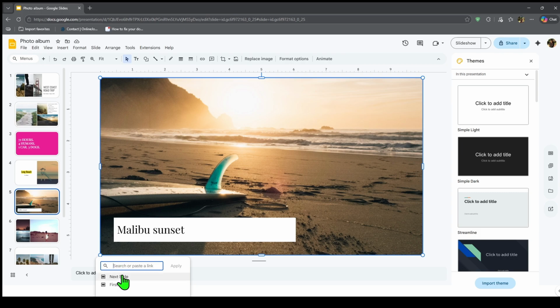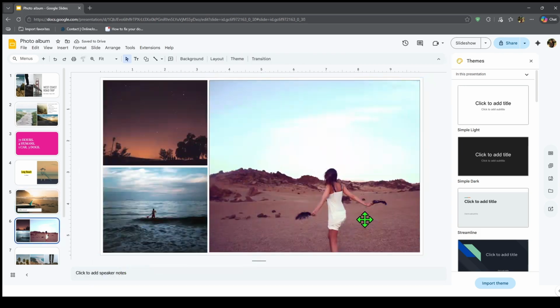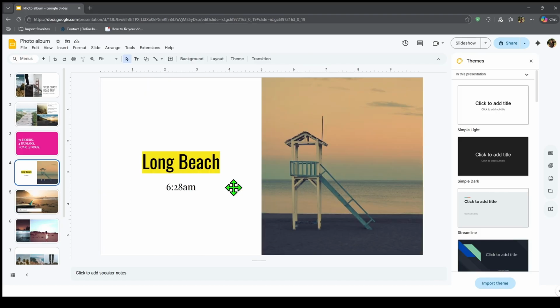So the steps are simple. Select the picture, click the link button, add a website URL or choose a slide in the presentation, apply the link, and then test it in slideshow mode. That's how to add a link to a